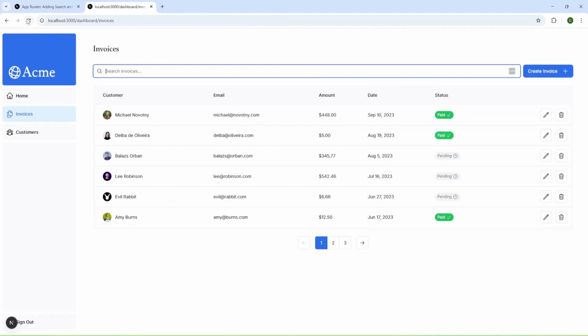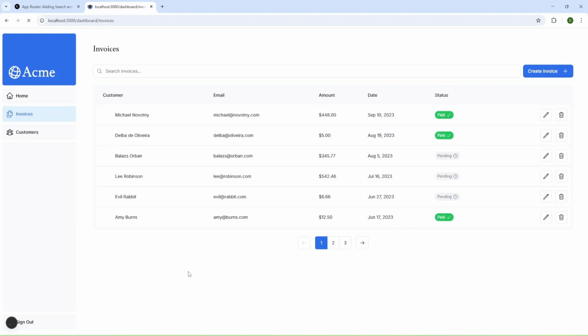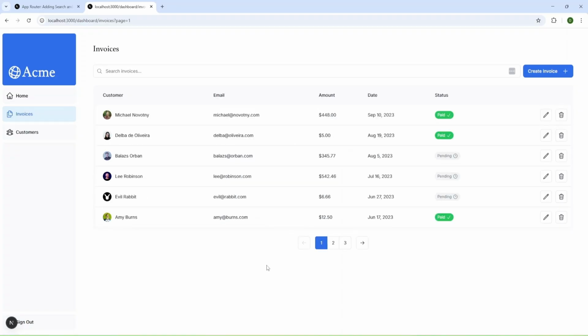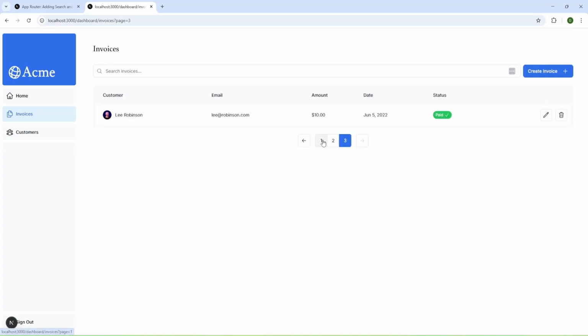I can close console, and let me refresh the page. And as you can see, we have pagination, and I can go to the next, and also can use these arrows to navigate between pages.